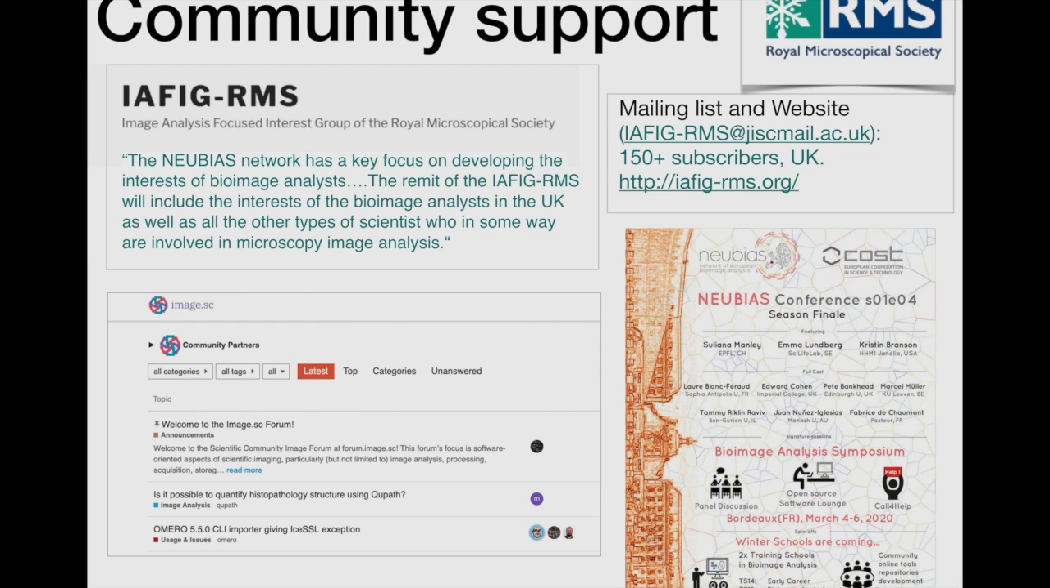And also there's a NEUBIAS conference, so this is what I mentioned, this is the finale unfortunately, but this is a really great conference to learn about image analysis and to interact with experts and other users. It's a really warm and nice conference to be involved in. So that's in Bordeaux in March. But now I'll